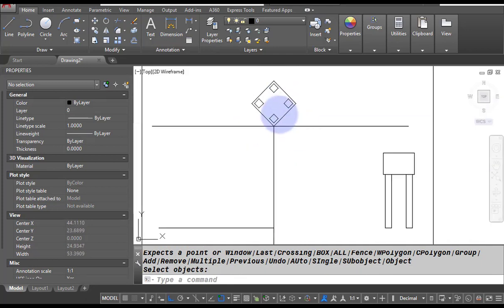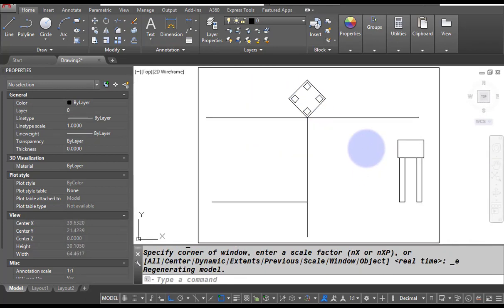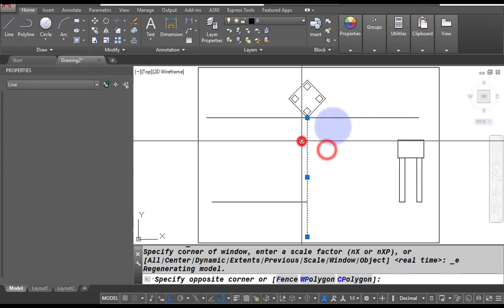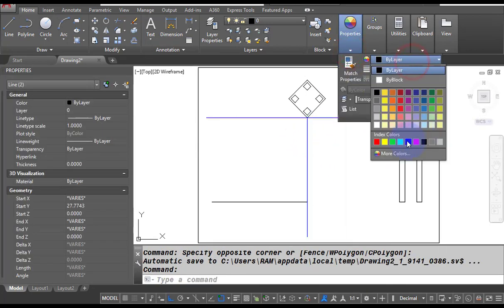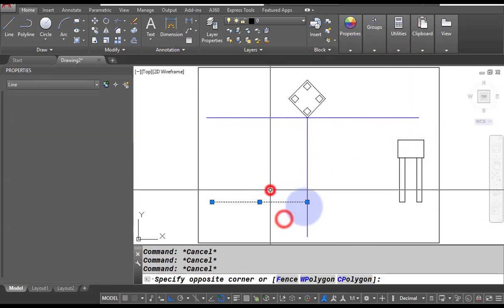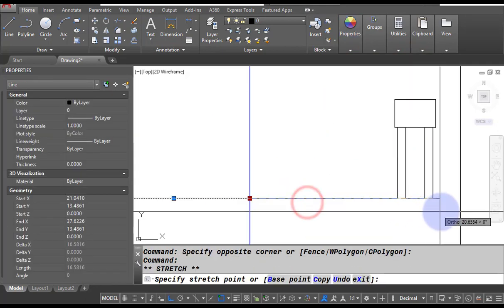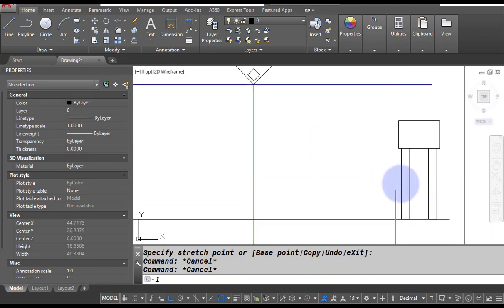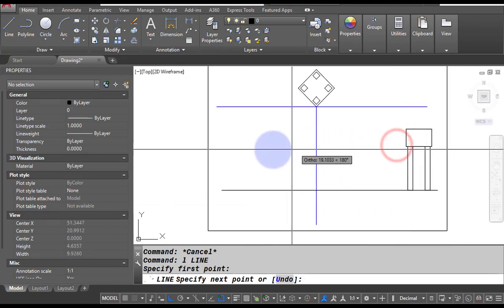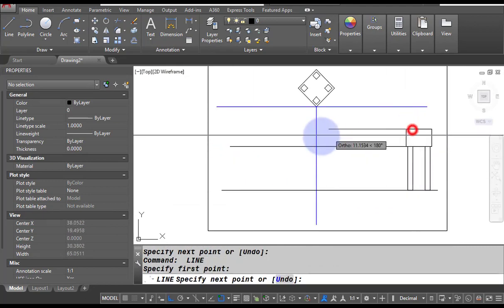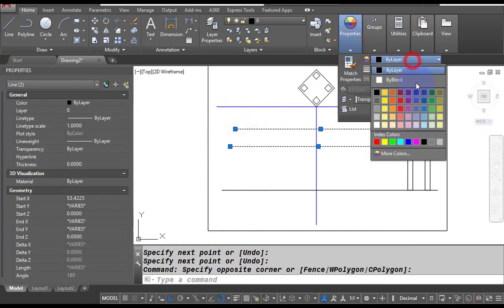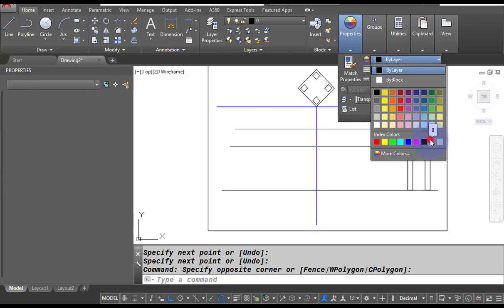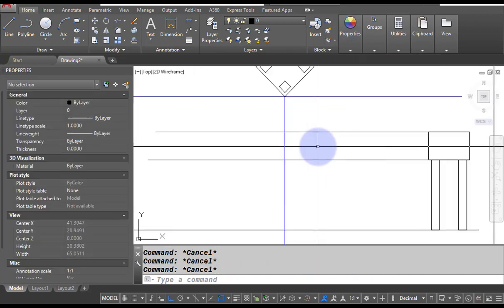So I am going to keep the plan and side view in a black color, and in this picture plane, all the important lines I am going to keep in a blue color. This is also an important line. Now I am going to take horizontal projection from this point, and this projection I am going to take with a very light color because these projection lines are helpful for drawing the object.